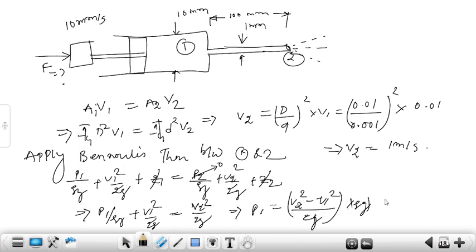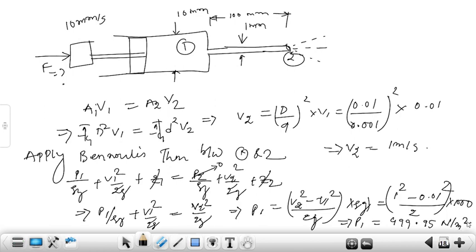G cancels, and V2 value we put as 1 meter per second square and V1 given as 0.01 square, divided by 2, and density given as 1000. So P1 is equal to 499.95 Newton per meter square, and the force is equal to